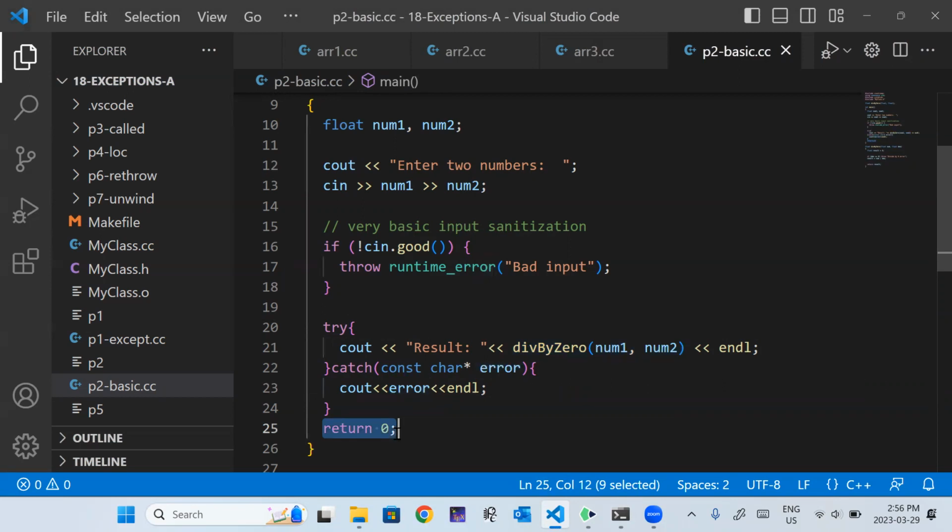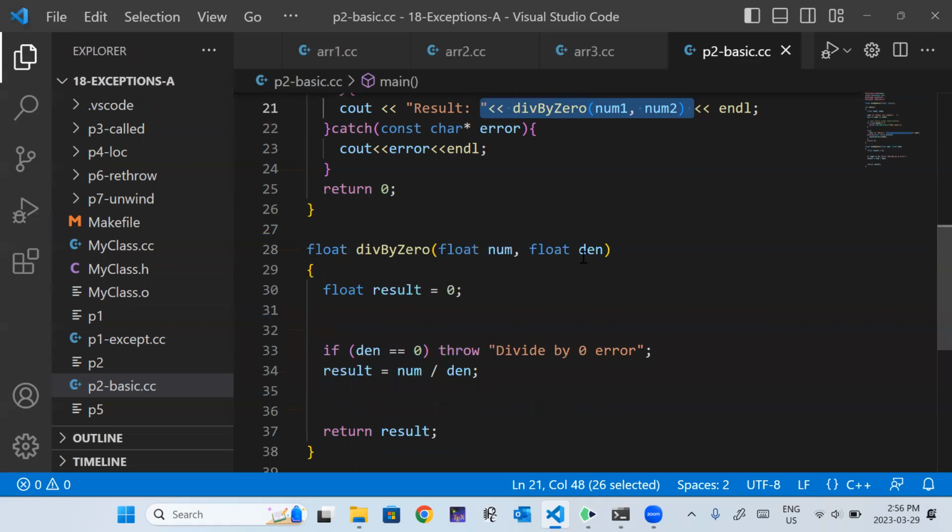So here, when we put the try block up here, this piece of code did not execute, right? Whereas when we put it down below, it did. So these are just some of the considerations you have to think about when you're plotting out your try and your catch and your throws, what's going to be the result. But yeah, any questions?